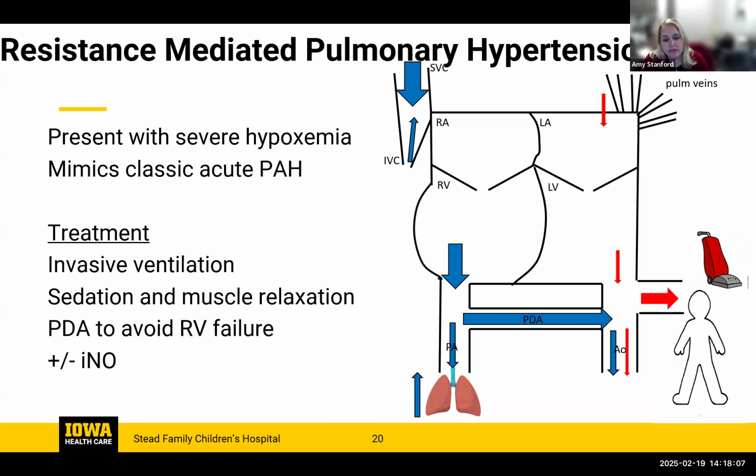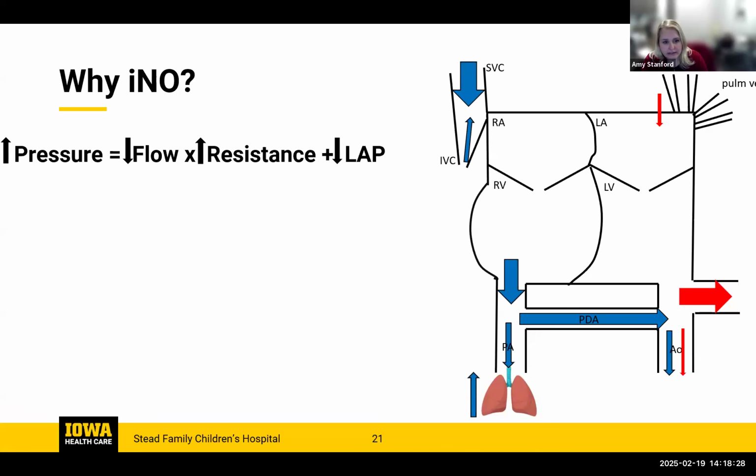So treatment includes invasive ventilation, using sedation and muscle relaxation in order to try to decrease our pulmonary vascular resistance. Again, the need to maintain a PDA to avoid RV failure in this standpoint, and sometimes utilizing pulmonary vasodilators like inhaled nitric oxide. But in these cases, we still need to be really judicious with our use of pulmonary vasodilators like increased oxygen or iNO, because while those can improve our pulmonary blood flow and therefore increase our LV preload for systemic circulation,